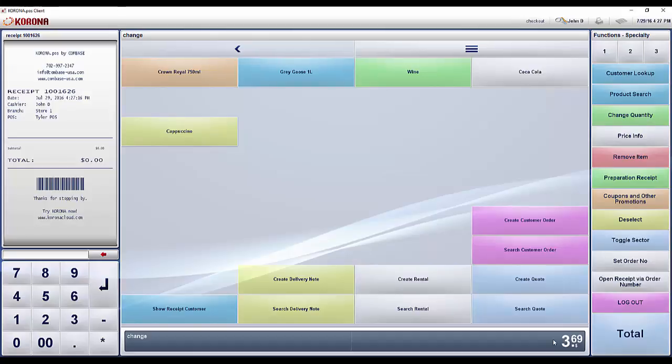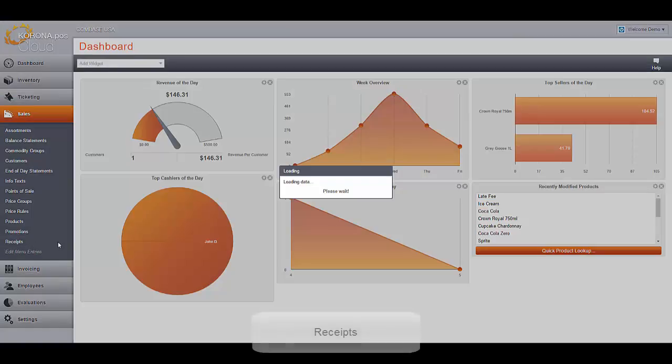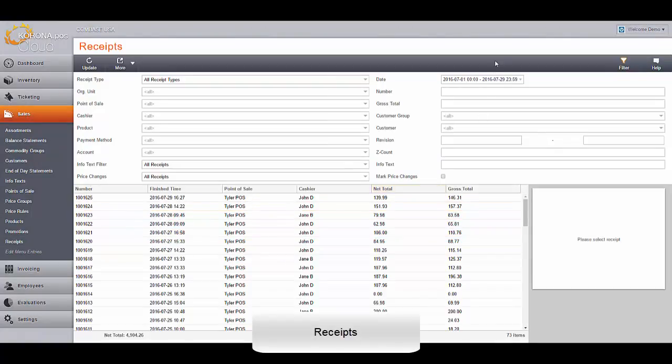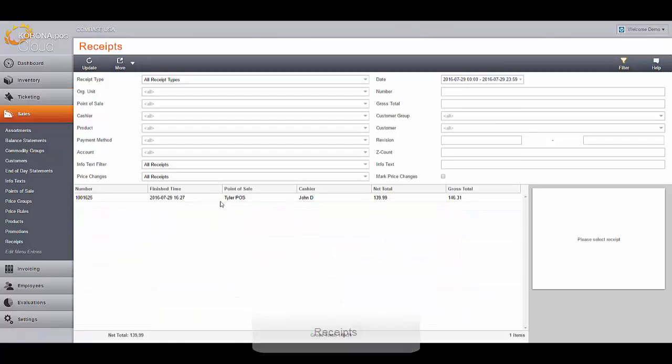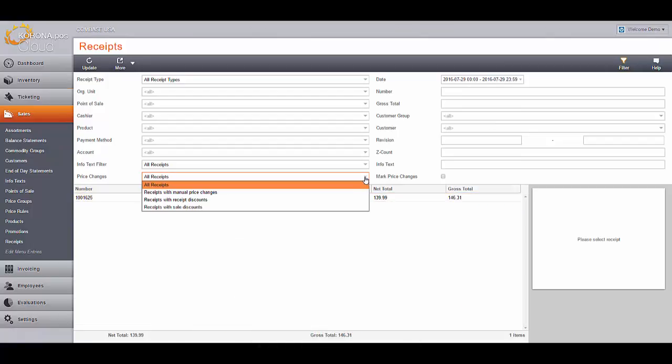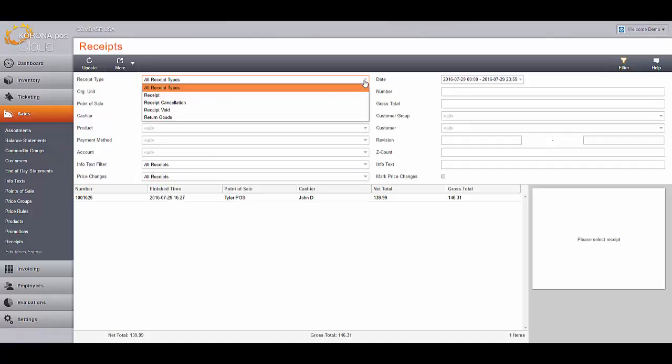As mentioned before, the point of sale application is able to run offline without any delays or restrictions. However, if the point of sale does have an internet connection available, it will upload any sales data immediately. In the back office, you can find transactions under Sales Receipts coming in instantly. A sophisticated set of filter options will provide you with the necessary tools to drill down and find individual transactions.